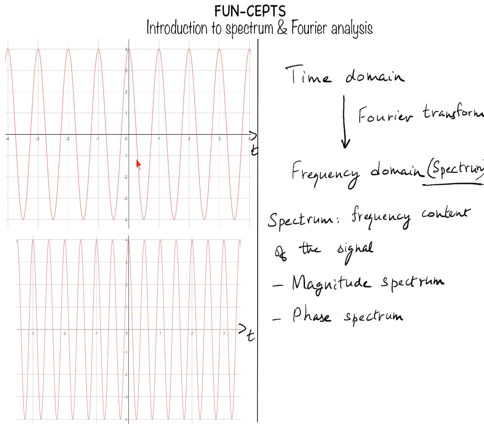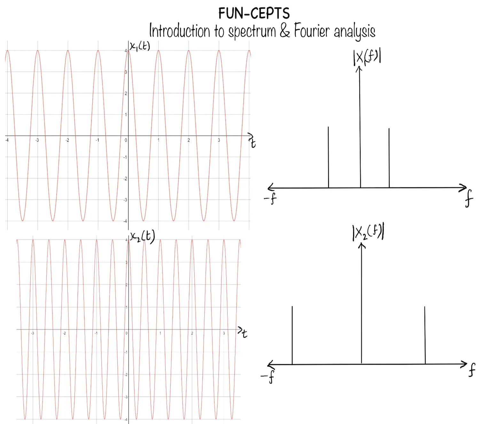So we'll try to plot the spectrum of these two waveforms. As we discussed, this particular waveform is completing one cycle in 1 second. That means the frequency of this signal is 1 Hertz, and it is only that one particular frequency. So the frequency of this signal is f equals 1 Hertz, and similarly the frequency of this signal, which is